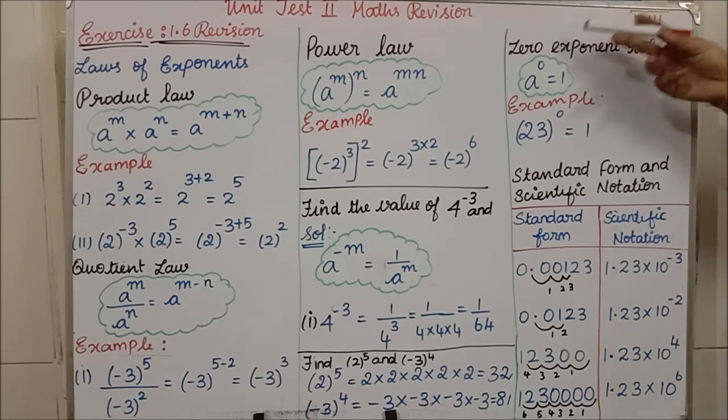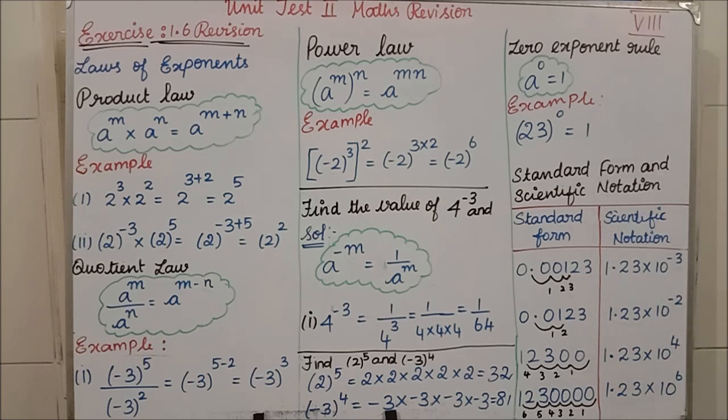Yes. Next we will see the zero exponent rule. Students, for any number, if the power is 0, what will be your answer? It is 1. Even 1 crore power 0, the answer is 1 only. Any number, if the power is 0, the answer is 1. See, 23 power 0, what will you get? You will get 1 only. Clear, students, all of you? Are all of you clear about the laws of exponents now?